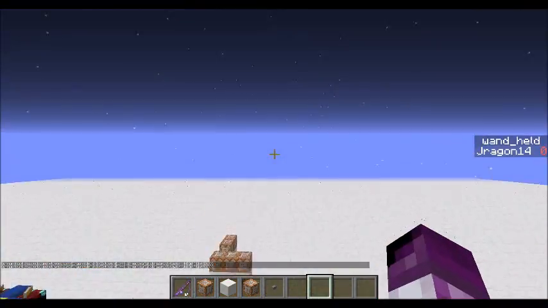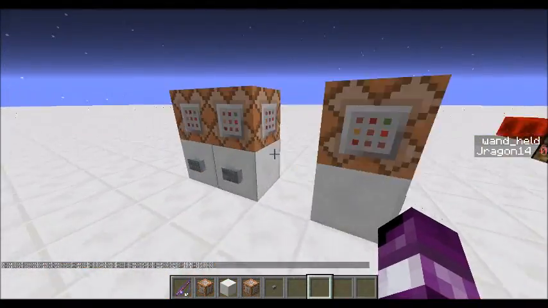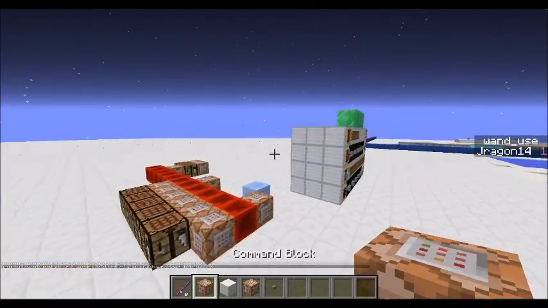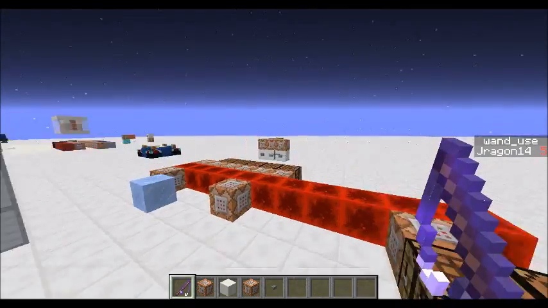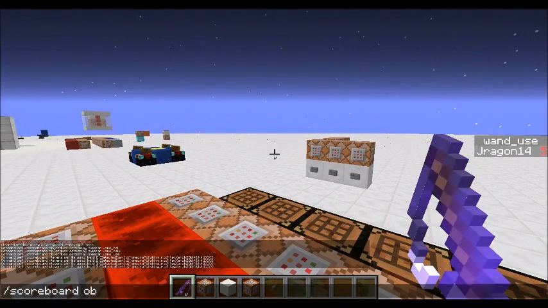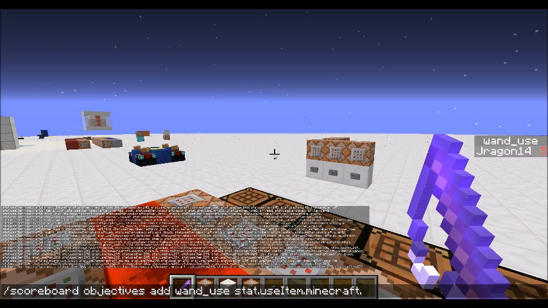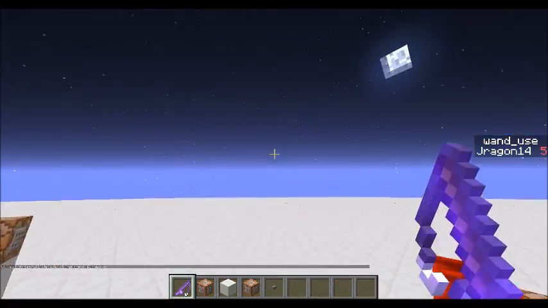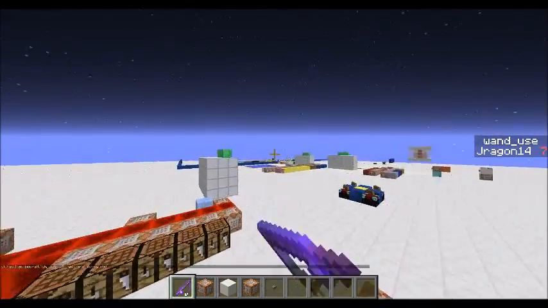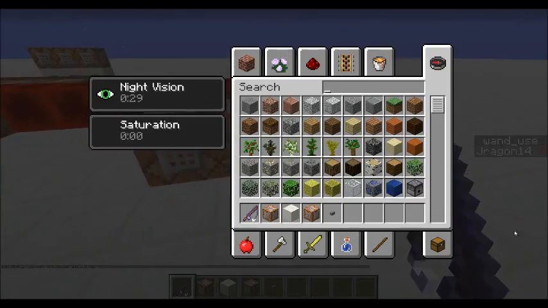Alright, so I have this other scoreboard objective, which is wand use. Now every time I use this fishing rod, it goes up. So why is that? Well, it's pretty simple. I've just gone scoreboard objectives add wand use, and then I've gone stat.useItem.minecraft.fishing_rod, and then once I add that in, it will track how many times I use this. Now the one problem with that is